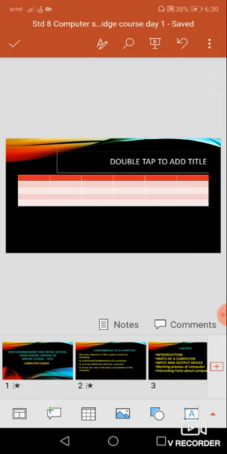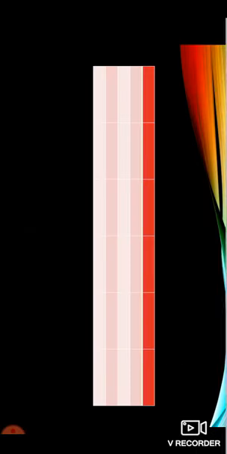Okay, so once everything has been completed, you are going to click this option to view your PowerPoint. At the top you can see the third symbol. So this is to view your particular slide. And if you want to move on to the next slide, you just move either left side or right side. You can see this.